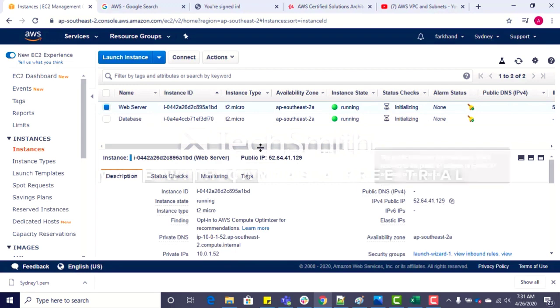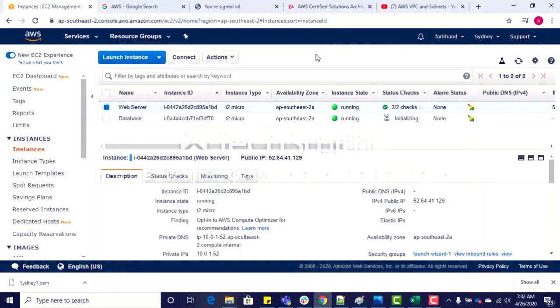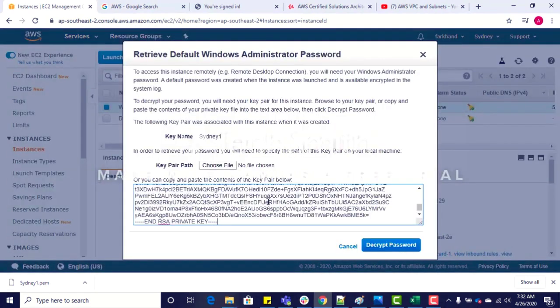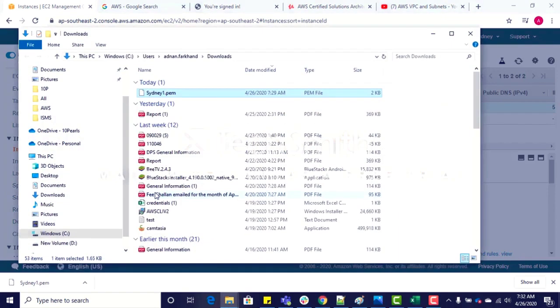So let's connect to our front end web server, which has the public IP address, and to connect to it we have to get the password first. So the PEM file which we have downloaded, let's open it first, and then we go to Actions, Get Windows Password, paste it here and decrypt the password. So here is the password of this administrator, and we just copy it